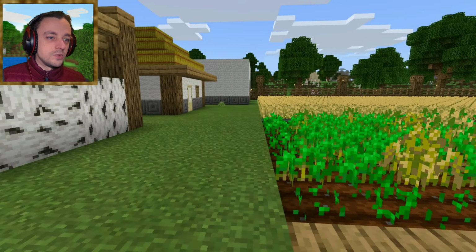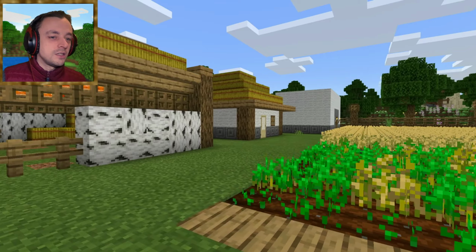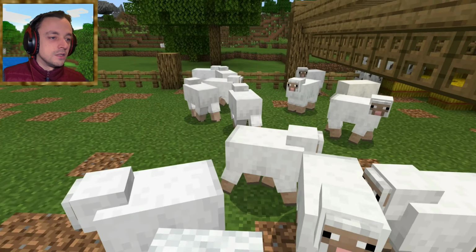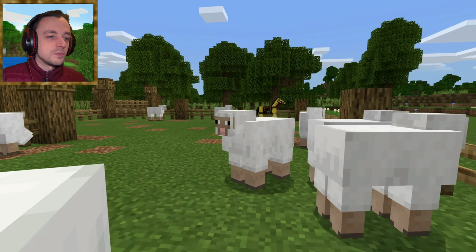We don't know what to do with the wheat. So much wheat that I've started using wheat for most of the roofs over here. This is a lot of wheat. And so we have a lot of sheep to get some wool so that I can make some nice white